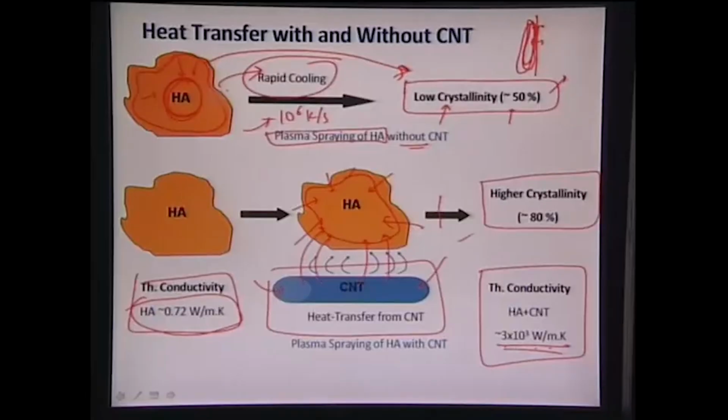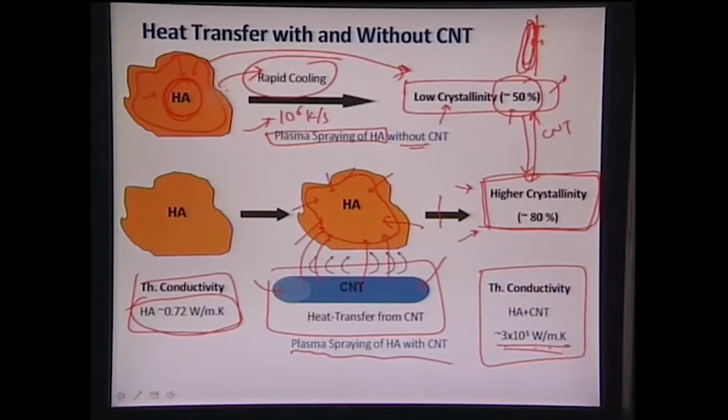Now because of CNT, the overall cooling rate has been decreased, because CNT itself has so much heat that it keeps giving it to the hydroxyapatite surface, and that released heat is captured by hydroxyapatite to induce crystallinity, and we can achieve higher crystallinity, of the order of around 80%. So we can see this difference, that CNT is inducing this crystalline effect and increases it from around 50% to approximately 80%, and this is all happening during the plasma spraying of